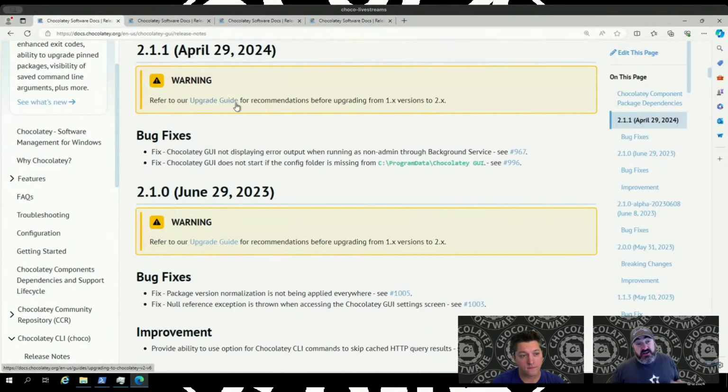So the first one there is Chocolatey GUI is not displaying error output when running as a non-admin through background service. There's a lot of things to digest there, but effectively what we're saying is that if you're logged into a machine as a non-administrator user and you happen to be running background service, so Chocolatey agent, effectively, through Chocolatey GUI, then sometimes, and only sometimes under certain circumstances, you wouldn't get an error message back from the